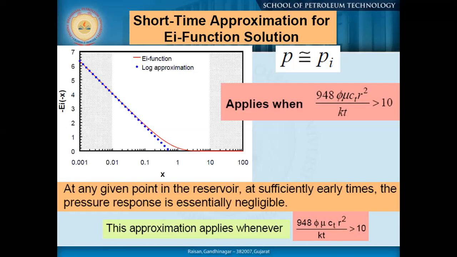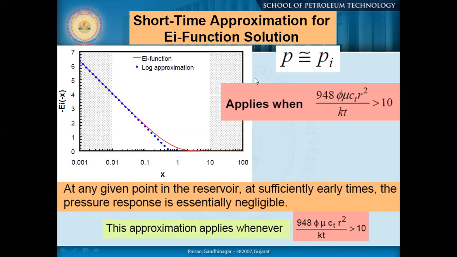So what is happening? We are allowing a well to flow or closing it. The pressure pulse is created right from the top of the wellbore, and it is moving away from the wellbore through the skin and into the normal infinite-acting reservoir. The visualization is that once we have started taking production or closing it, it immediately affects the whole reservoir. But the fact is, the compressible zone is responsible for giving you the pressure response. That's why we need to approximate depending on the value of r and t, and take care what sort of approximation we should use for our well testing.